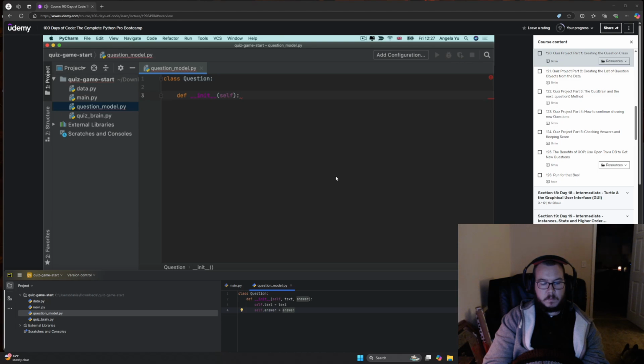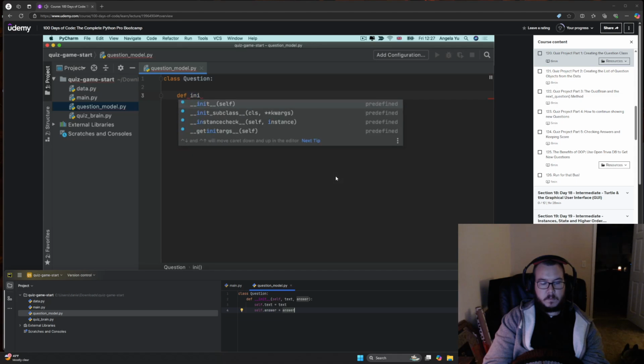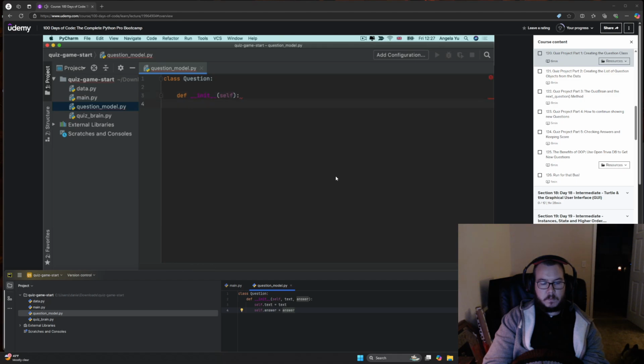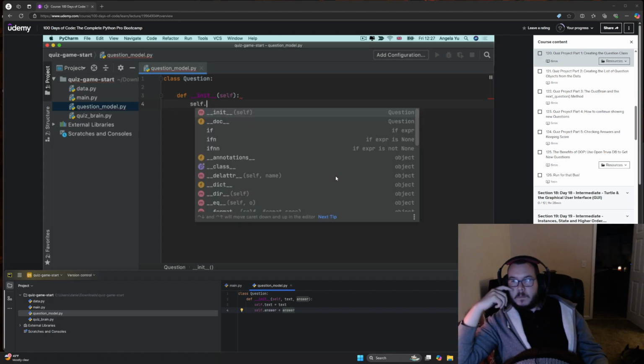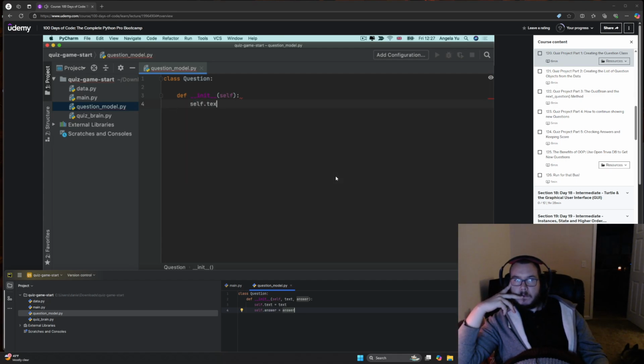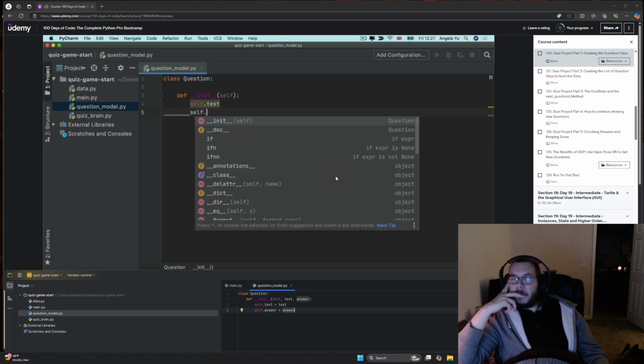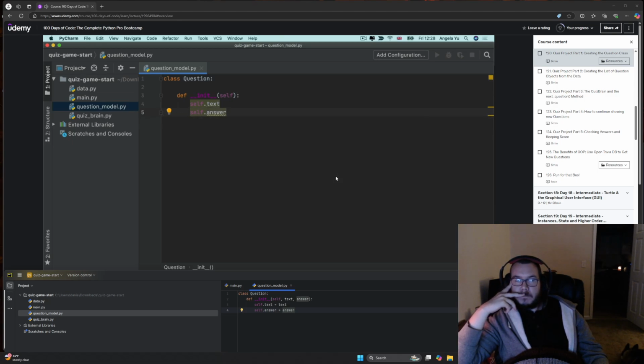And we're pretty much going to use the autofill. So once you write def and then you write init, you can see it in the drop down list and then just hit enter and the code will be inserted automatically. This way you don't have to remember the exact order of the parentheses or where to put the colon, etc., etc. Now inside the init function, we're going to set up two attributes, as we said. One is going to be called text and one is going to be called answer. And if we want to create an attribute, we have to use this syntax, self dot, and then the name